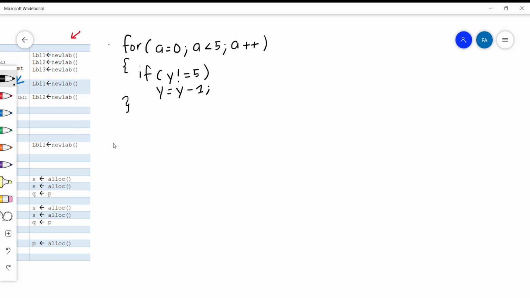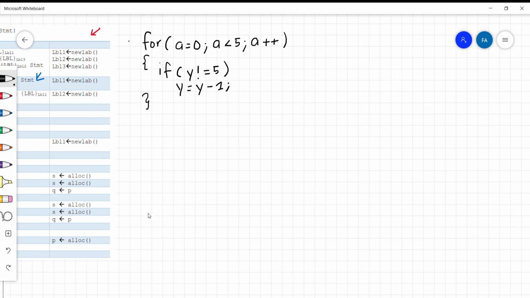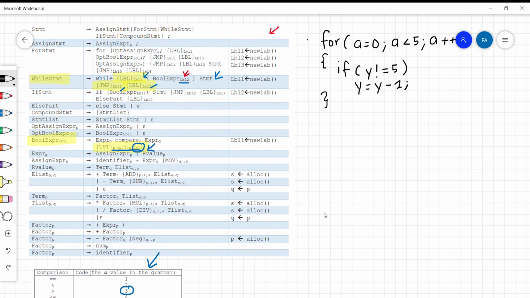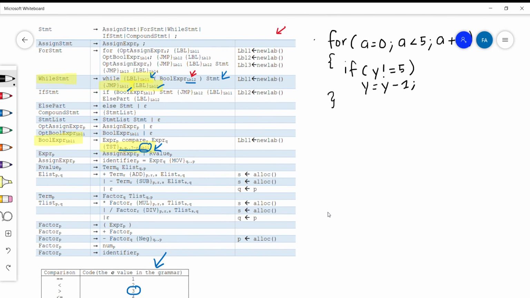Now I am going to show how we can handle a control structure that has another control structure as part of its statement. If you look at the statement on the screen, we have a for control structure statement, and inside of it we have an if statement. In order for us to handle this, first of all, we need to look at the rules for statement and the rules for if statement. So